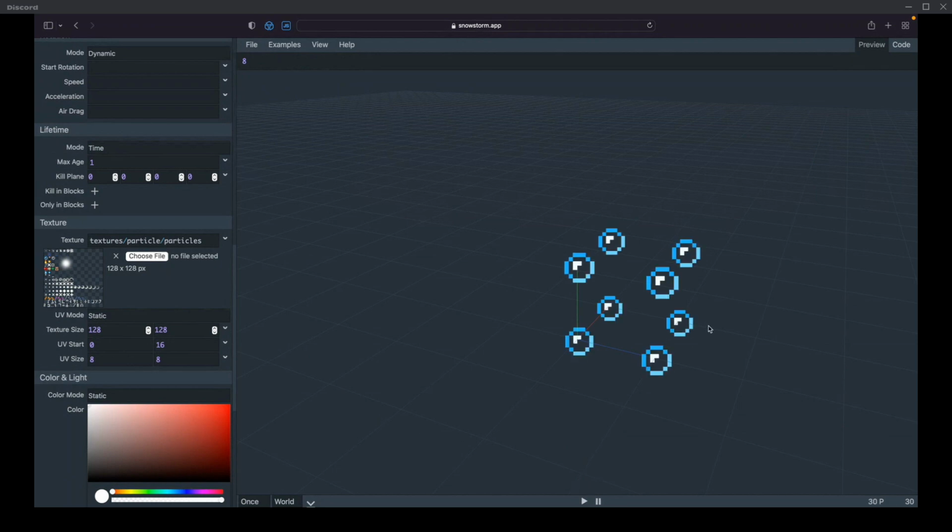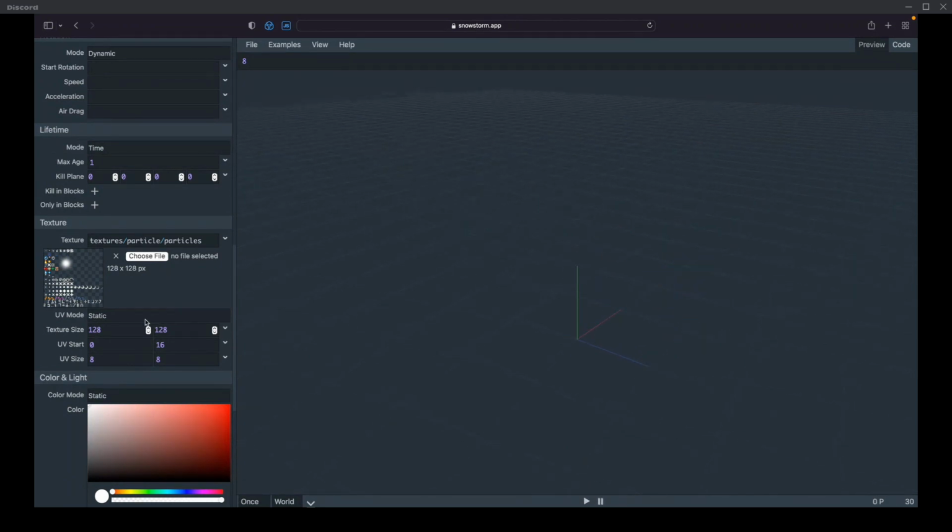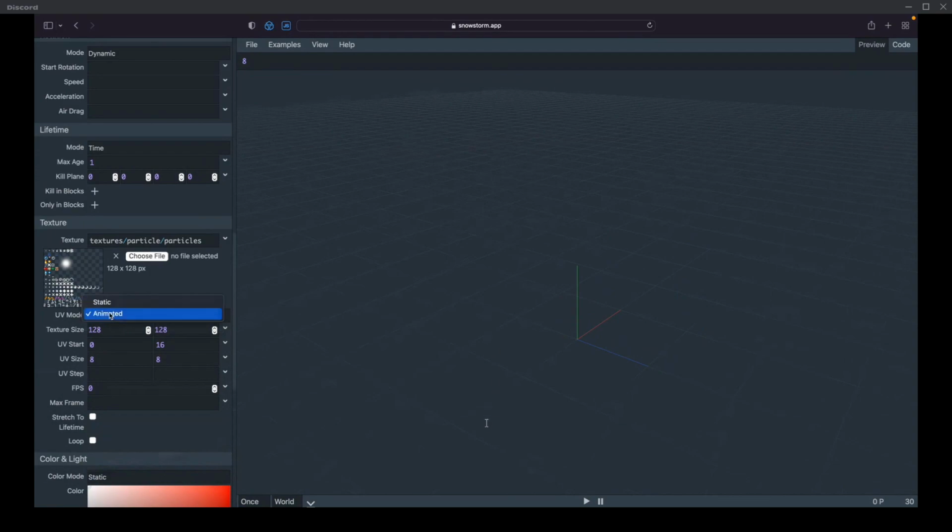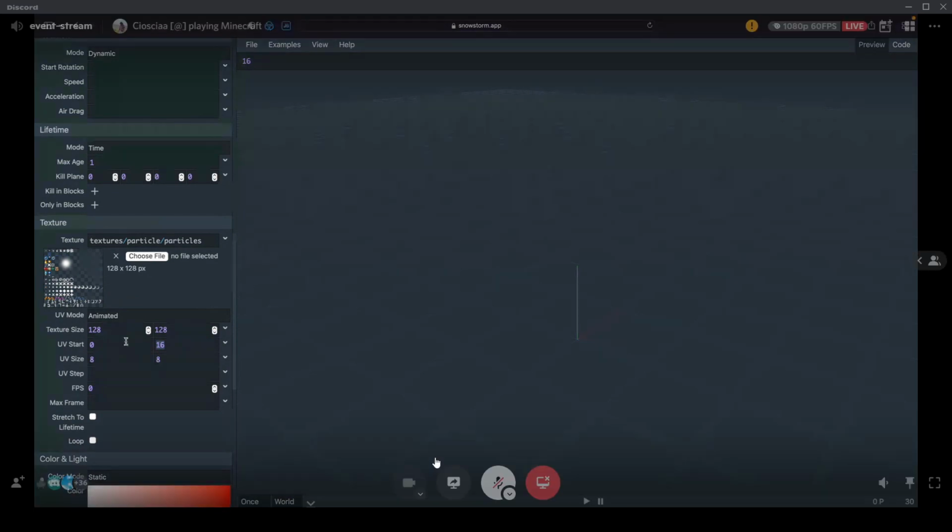And there you go. And if you want to animate it, this is per particle. They have an animated flipbook system here. Oh yeah, I've seen that. Yeah, it's really great. You can probably animate it right now and just make it spaz out, right? Picking the different 16 by X particle squares.